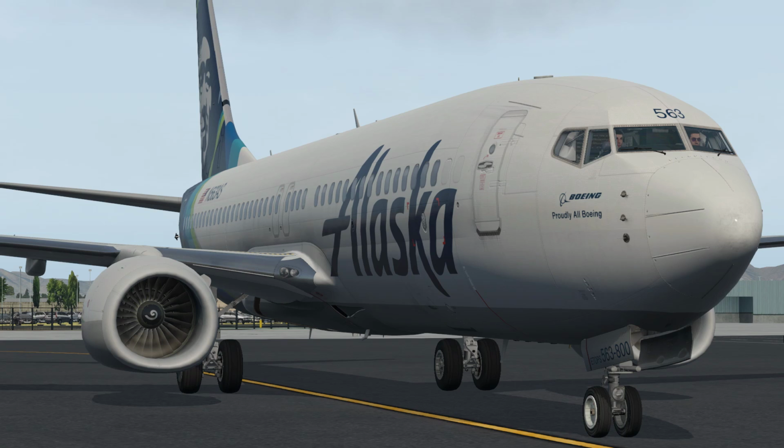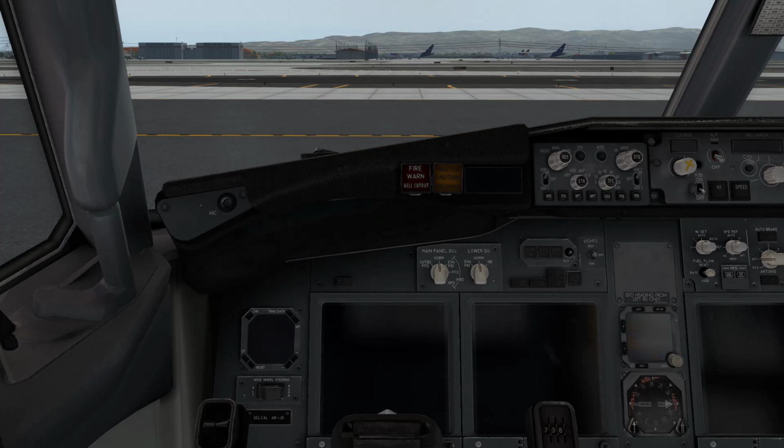This is going to be a down and dirty power-up from Cold and Dark of the Zibo Boeing 737-800 model. This video is basically the video I wanted to see when I first got the Zibo. I got back to flight sim from a much older sim where basically you hit on and the thing ran. So now that things have gotten much more complicated and realistic, I figured we should have a video to walk